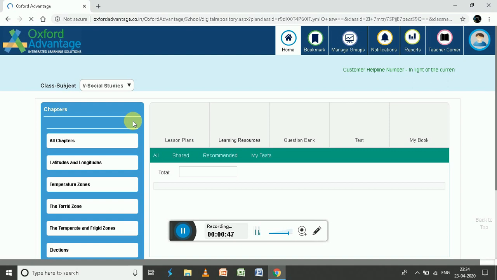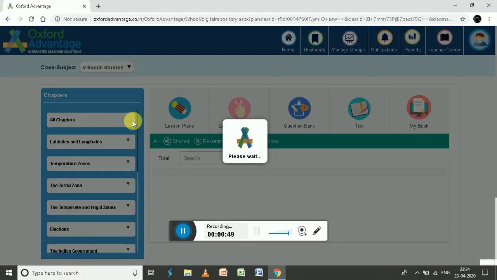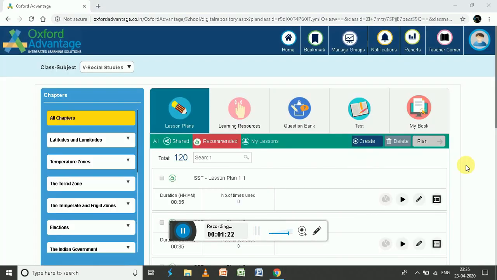After clicking on the book, 5th SST, or whichever subject is being taken, the interface is going to show like this. It is divided basically into 3 parts: the top right hand side corner, the extreme left hand side, and the middle portion.